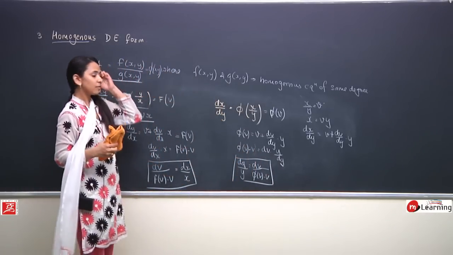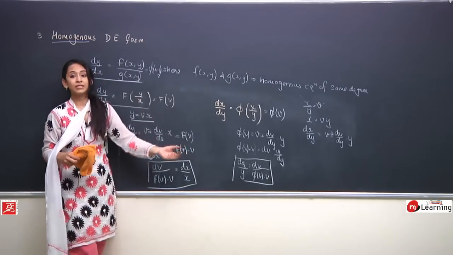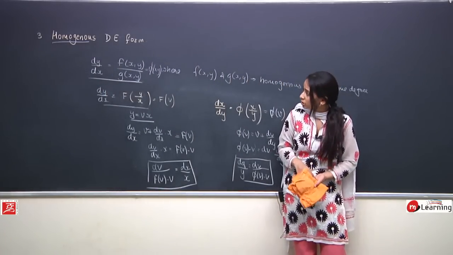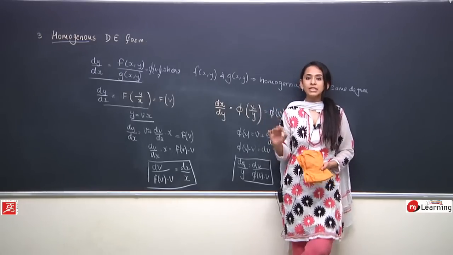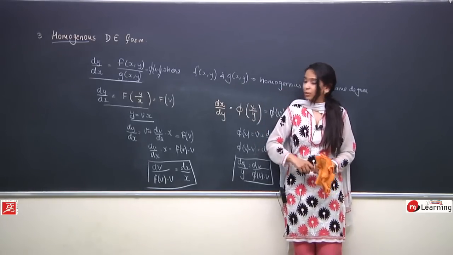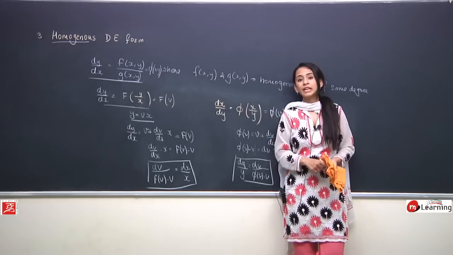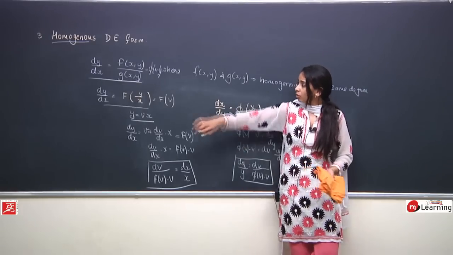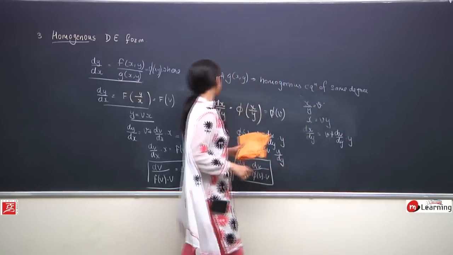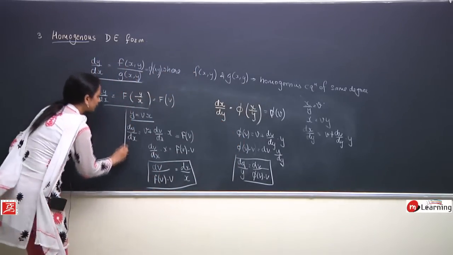So this equation, which was in homogeneous differential equation form, we have again reduced it to variable separable form. So is everyone clear what is the way to solve a homogeneous differential equation? So अगर homogeneous differential equation है, सबसे पहले तो we have to identify that it is a homogeneous differential equation. The way to solve is that we have to prove that dy by dx is a homogeneous equation of degree 0. If you can prove that, then we know that we have a homogeneous differential equation form. And what is the standard approach to solve it? Just substitute y by x equals to v or x by y equals to v and then solve it in